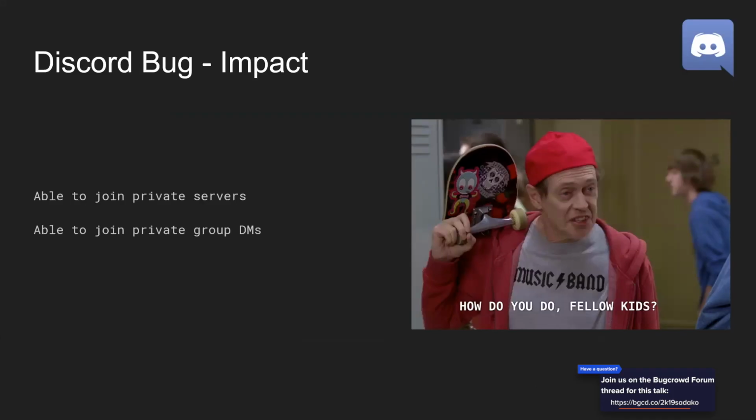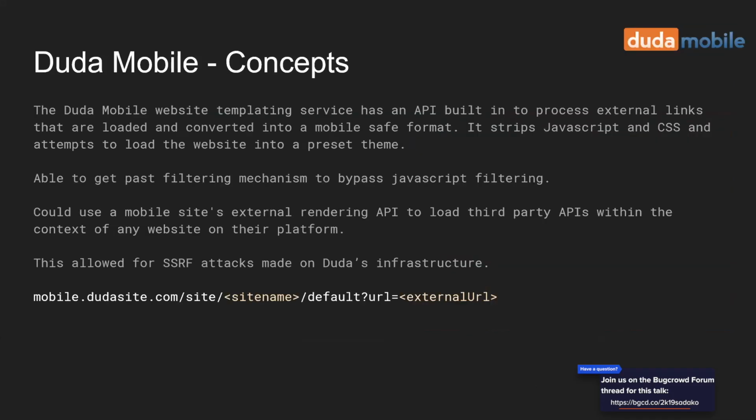So yeah, the next one that I have is Duda Mobile. If you haven't heard of Duda Mobile, it's a website templating service that people use to make mobile websites for their desktop website. It basically takes an existing website and turns it into a mobile-friendly template. But it also has an API that's built in to process external links and convert them into a mobile-safe format. So it tries to script some JavaScript and CSS and attempts to load the website into the preset theme, which